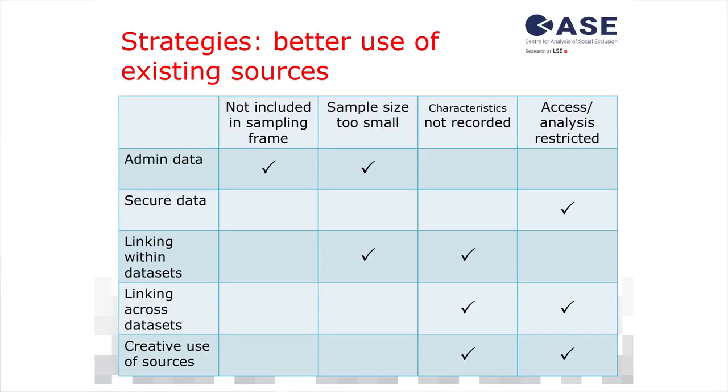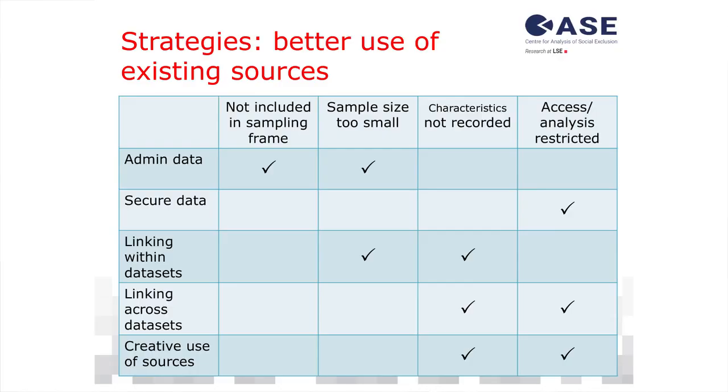So I mentioned that there are all sorts of ways in which data exclusion occurs. Well, if we're working with existing sources, what can we do about some of these challenges? Well, here's some possibilities. If we're thinking about using the administrative data, for example, data produced by the Department for Education in England on the pupils that are going through the school system, a census of all the children going through the school system and their results and a number of other characteristics about them. That may help us to capture children who would otherwise not be included in the sampling frame because it's not dependent on a household-based